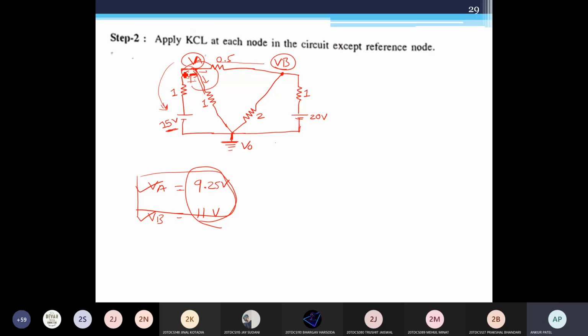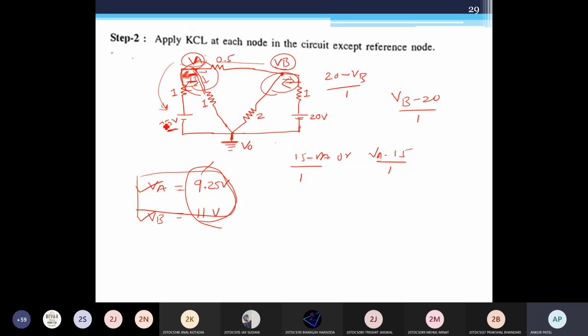The direction is considered as you like. If you are considering this inward, then you can write 15 minus VA by 1. Or if you consider this outward, then you can write VA minus 15 by 1. Same for here. If you consider outward, then your VB has higher potential, so VB minus 20 by 1. If you consider like this, then 20 minus VB by 1. So according to the assumption of direction, but after getting VA and VB, you can see the direction should be